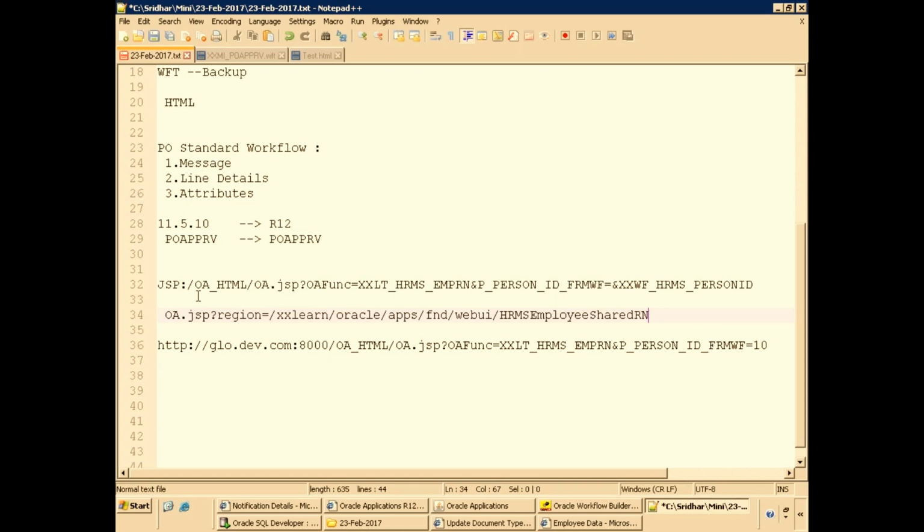First of all, the OAF region has to be designed separately, and then you just need to provide the link of that. You just need to mention the OAF function, AOL function link, and parameters. Yes, you can pass to and fro. This is how we pass the parameters to the workflow or to the OAF. Based on the notification, you can always get the information. Maximum 90% of the chances you have that.